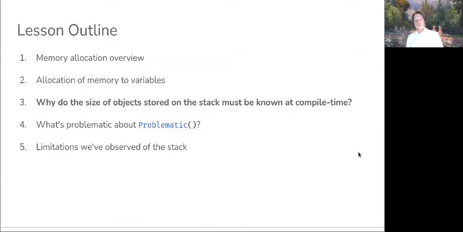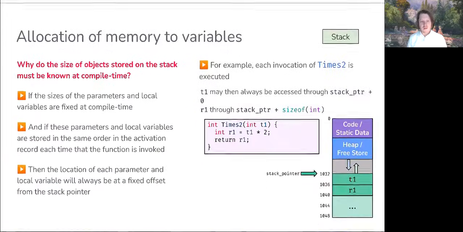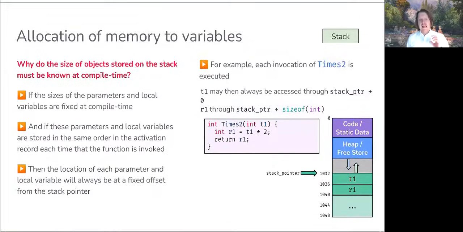Howdy and welcome back. So why does the size of objects stored on the stack have to be known at compile time? If the sizes of the parameters and local variables are fixed at compile time, and if these parameters and local variables are stored in the same order in the activation record each time that the respective function is invoked, then the location of each parameter and local variable will always be at the same fixed offset from the stack